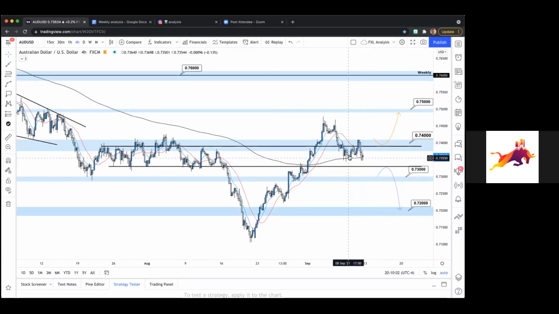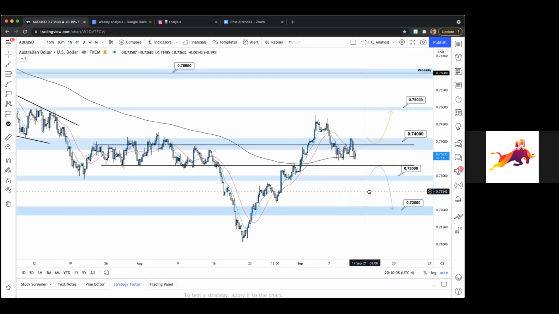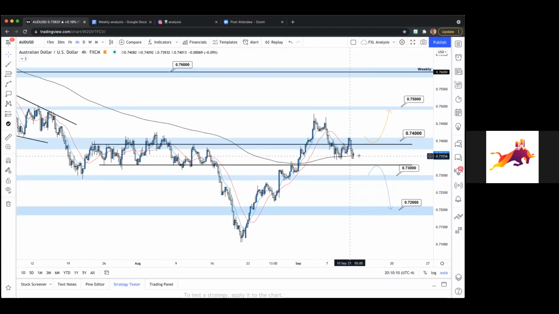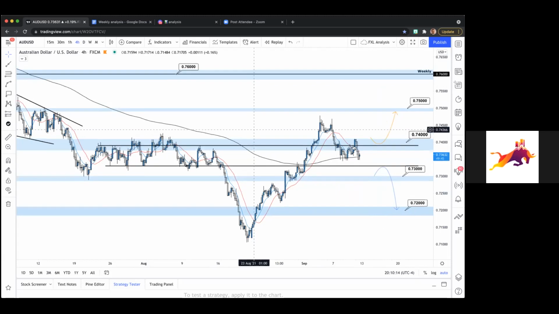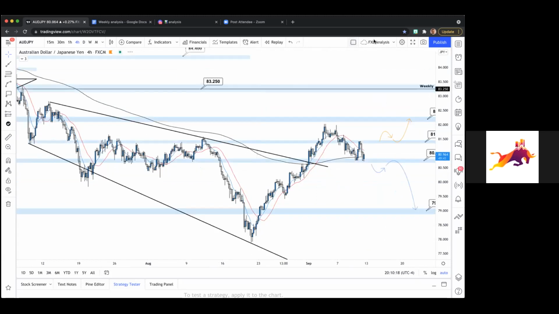A little bit of Sunday consolidation, into tomorrow morning. Then maybe we can get some nice momentum in the beginning of the New York session. That would be ideal. Just see that dollar start to move. But for now, good setup for a Sunday. So we'll see how this one plays out. Let's move over to AJ.